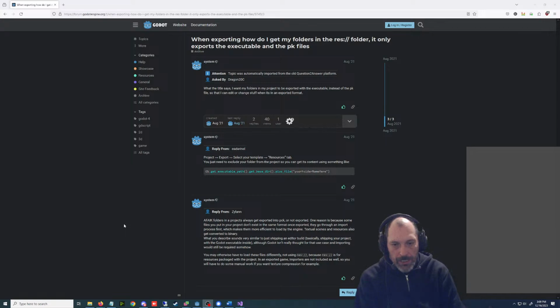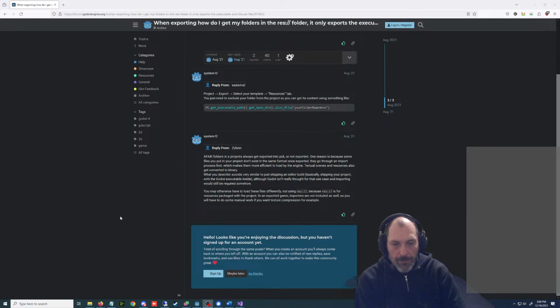I feel like you would want to include. Get executable path, get directory, your folder here. Folders in a project always get exported into the PCK or not exported. One reason is because some files you put in your project don't exist in the same format. Looks like you're enjoying the discussion.